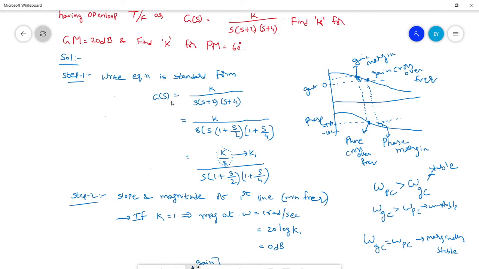So first step is to write the transfer function in the standard form, right? This is the transfer function they have given, and once we write it in terms of a standard form, what we need to do is take out this 2 and 4 outside the term. So what you get, 2 into 4 into 2 is 8. So if you are taking common of 8, how will it convert? S into 1 plus s by 2 into 1 plus s by 4, right?